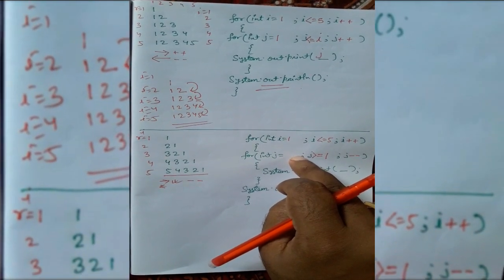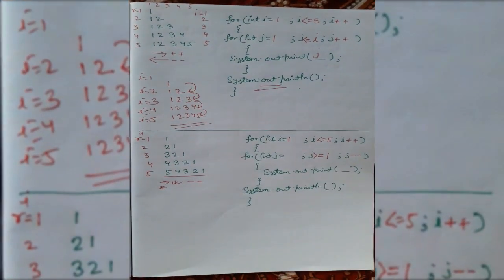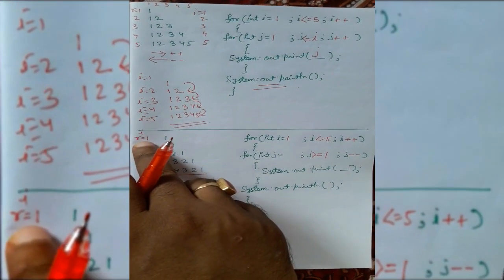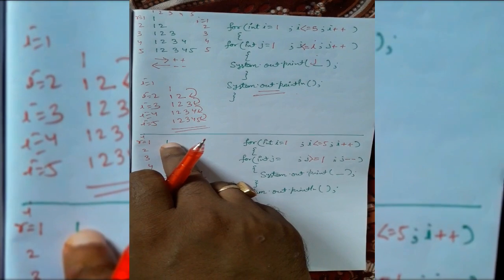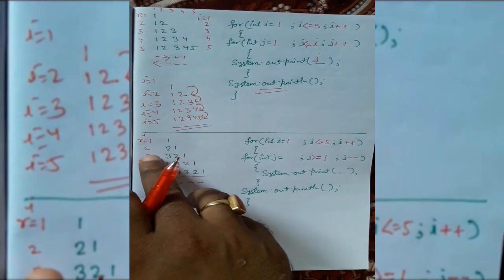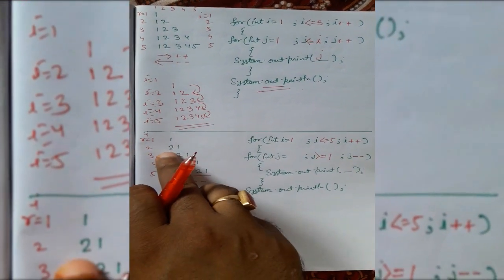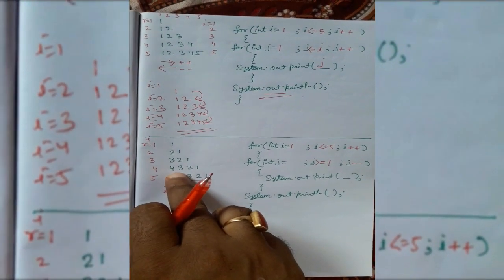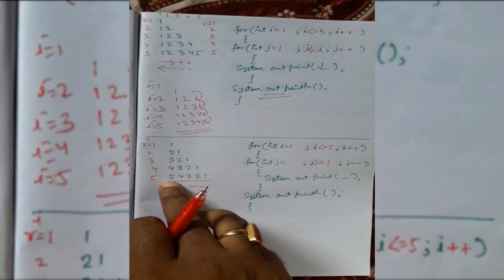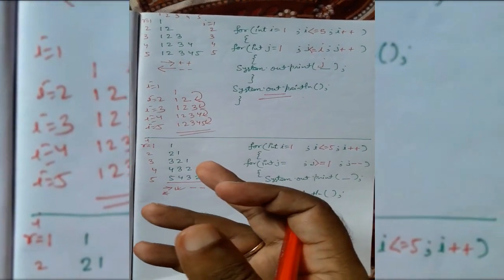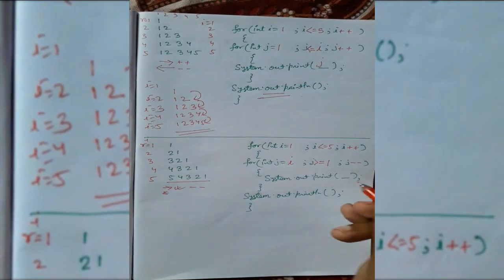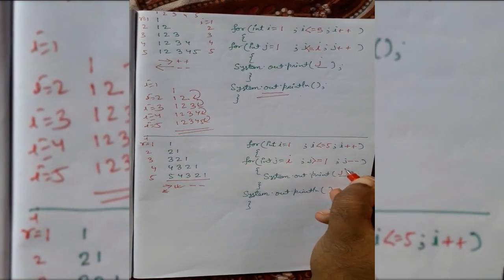Okay, what variable will we use? Let's see. When I is 1, meaning row number 1, it is starting from 1, ending also 1. When I is 2, starting is 2. I is 3, starting is 3. I is 4, starting is 4. I is 5, starting is 5. So if I is I, starting will be I. So here it will be I, and we will print here j.